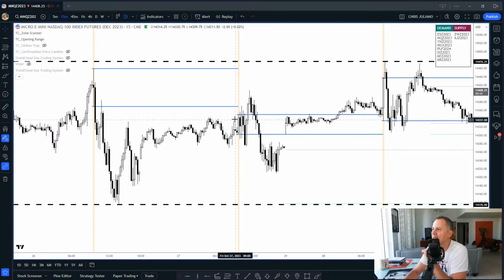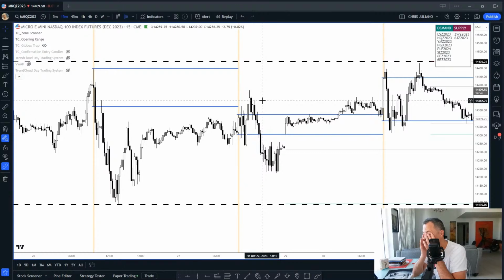Actually, it broke to the upside, broke to the downside, and then it broke a little bit right there. This is like what, 1, 2, 3, 4, 5, 6, 7. It broke above and below like 7 times. So that's why we